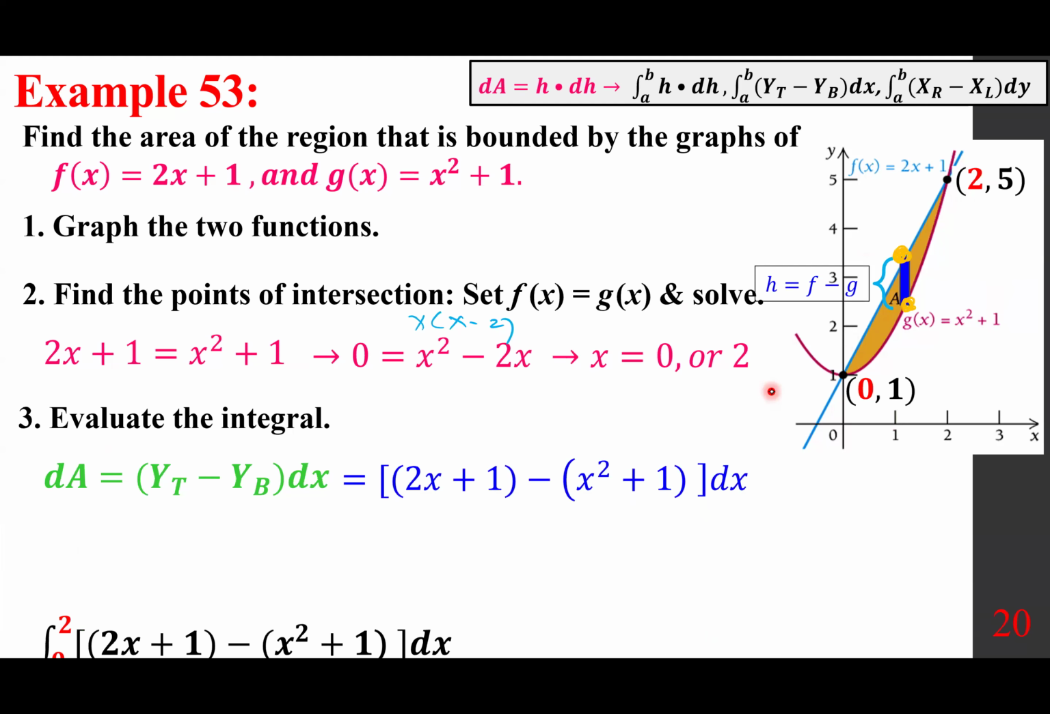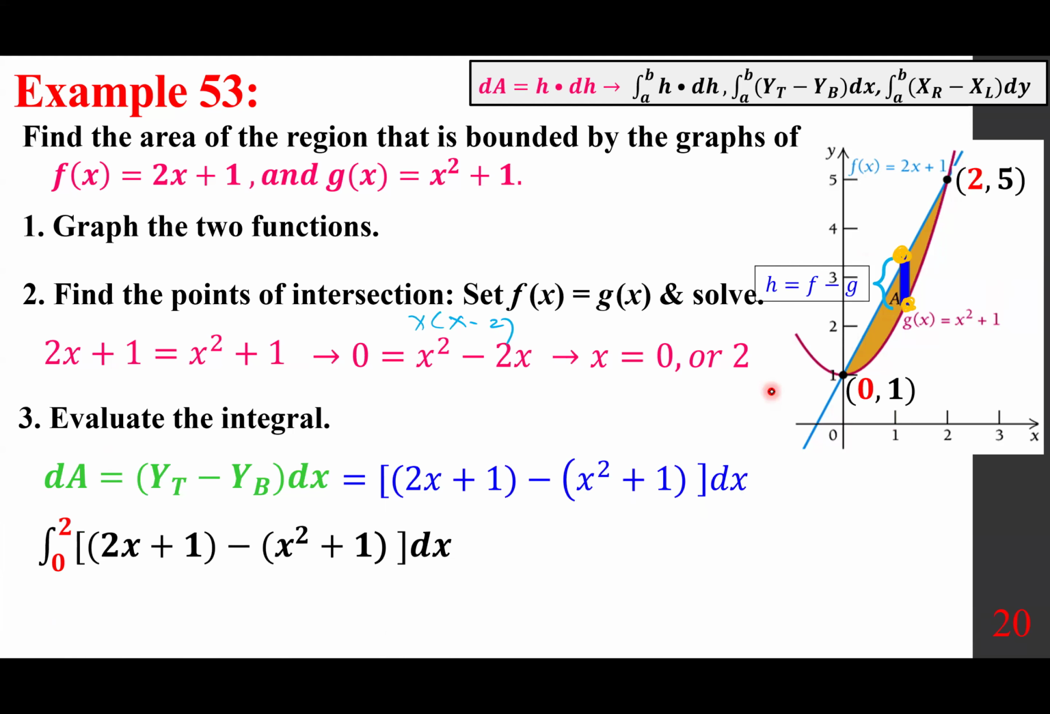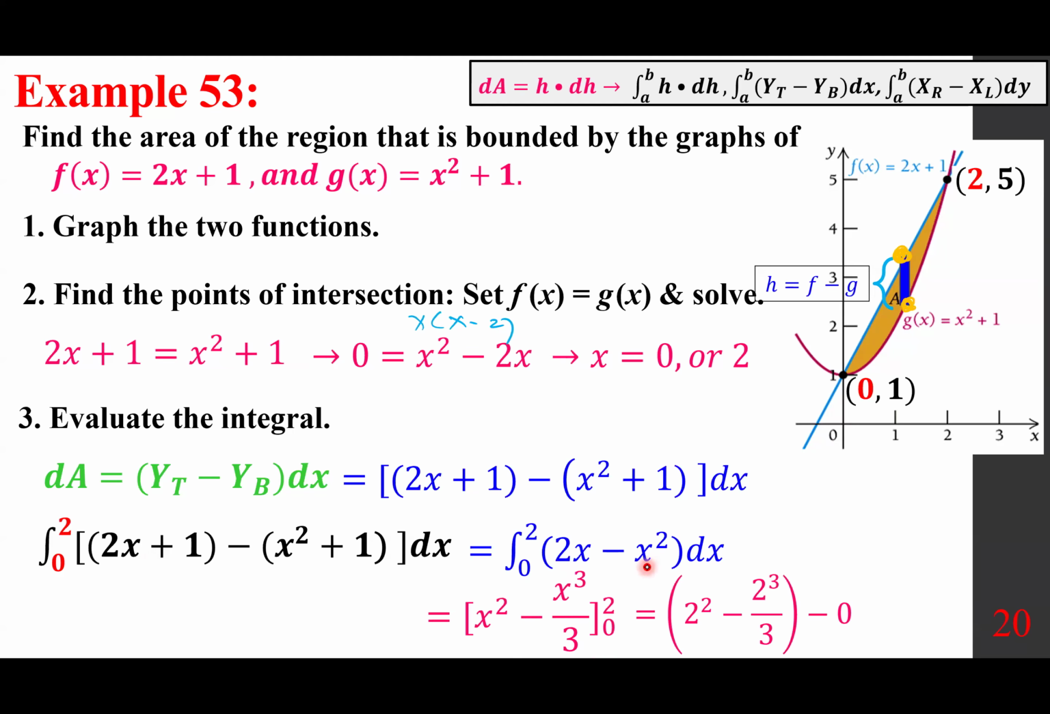Okay. You simplify this. And this one cancels out this one. You get 2x minus x squared. This is x squared minus 1/3 x cubed. And you evaluate it, and you end up with 4/3. And we're done. However, let me quickly show you a second method, because